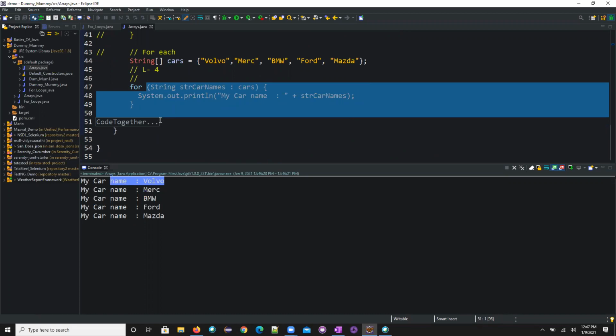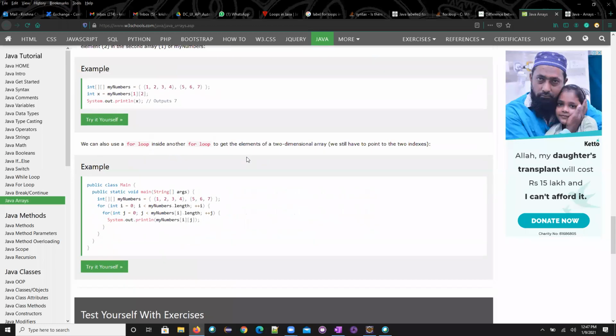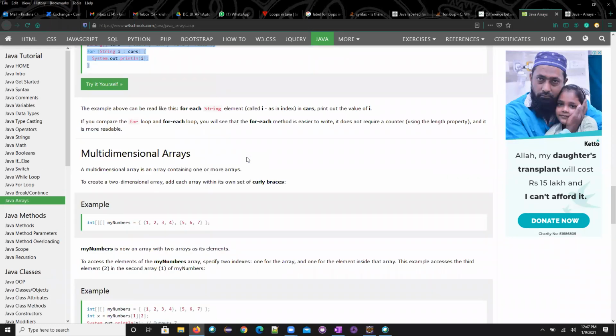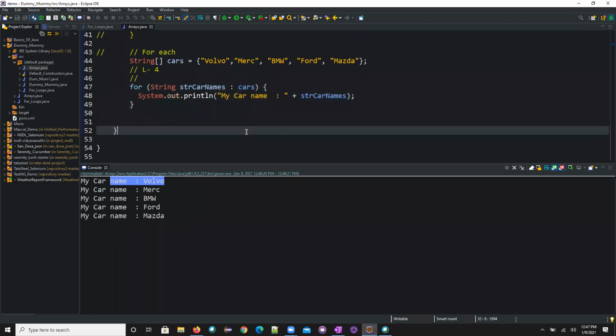Sorry to interrupt, sir, but I think I saw in W3Schools, they have changed that value. Means cars of 0 is equal to, they have given some other name. So when print is given, tell me where? You wanted to share the screen? Actually, I only need to search. But I saw that cars of 0 or by index number, they have changed some other thing. I didn't understand the question, Dharni. You just show it to me. I'll explain about it. Yeah, okay.